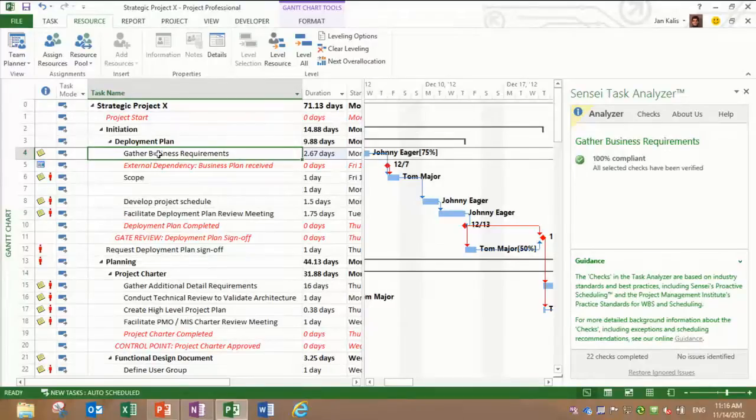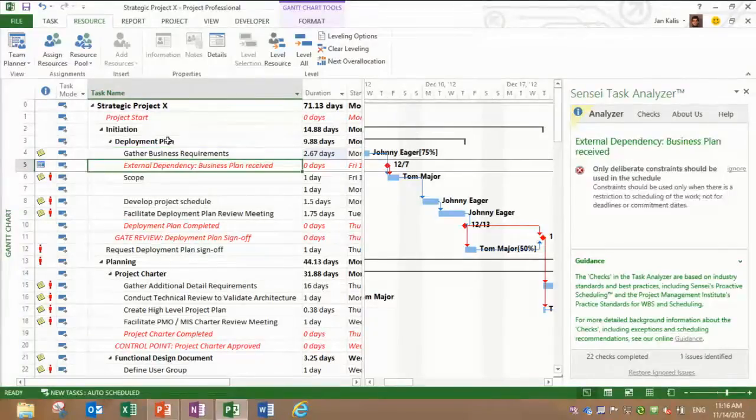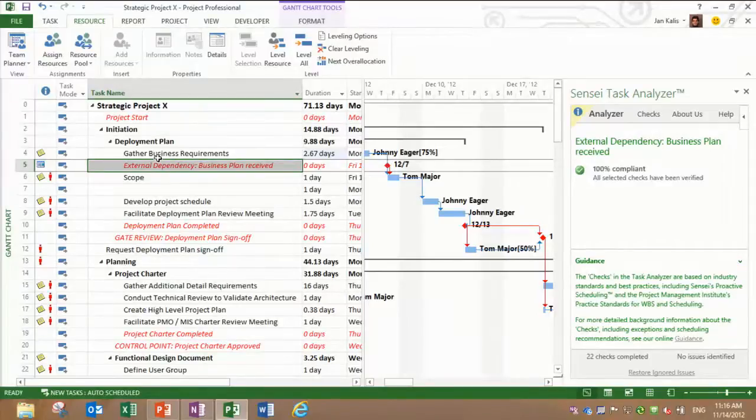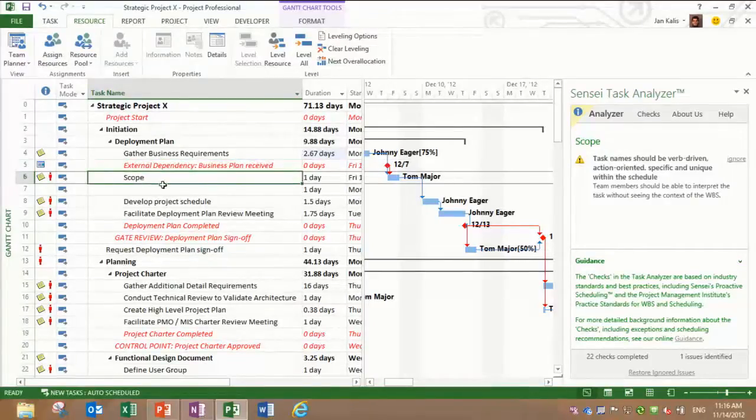So you can continue going through. You can see here we have an external dependency constraint, and you can decide that's okay. It's an external dependency, so we're allowed to have that constraint. You can choose to ignore that one if you want. You can also see we have a task here that needs to be verb-driven and action-oriented. Basically, it means it's not detailed enough. If you give this to an end user, they're not going to know what to do with it as a standalone, without knowing